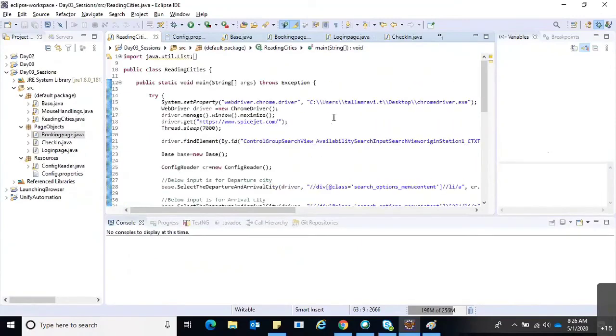Ravi, one more thing. In a property file, first we are reading the properties file into one variable, and after that we are loading it into some other variable.